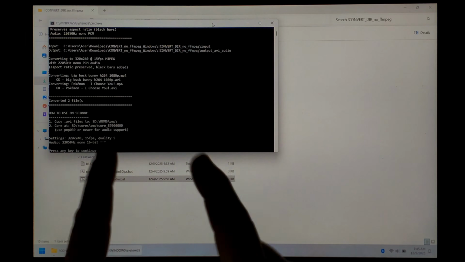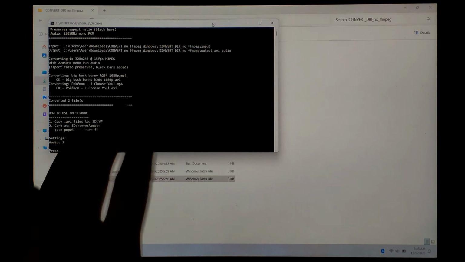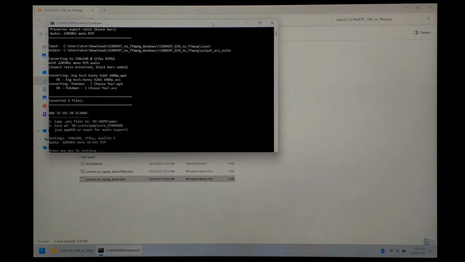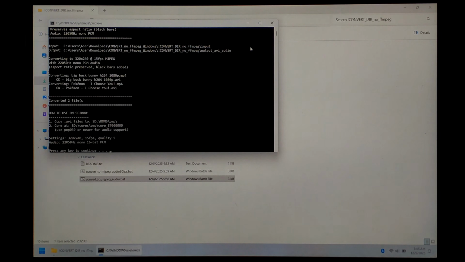So it's finished now, but on my first attempt, FFmpeg did stop running randomly. There was no error message, it did just stop converting. So all I did was close the batch script and reopen it. The second time I ran it, it didn't take very long at all. Now you can ignore the "how to use on SF2000" message as these steps have changed, and simply press any